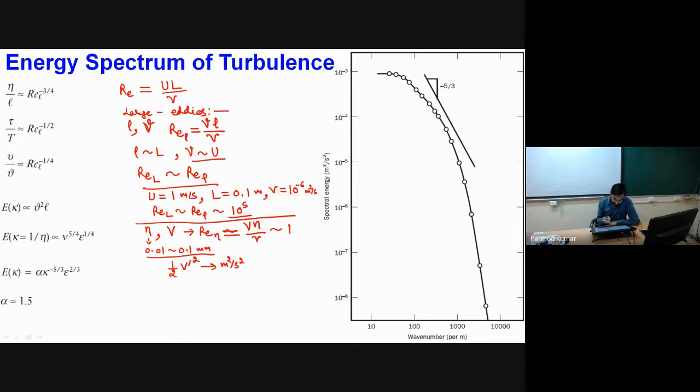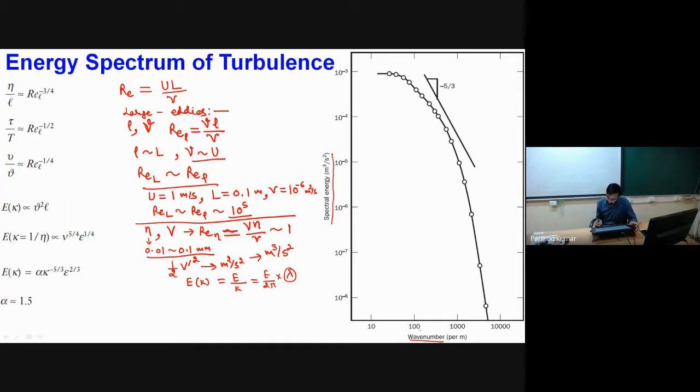But if I talk about spectral energy, E_k is nothing but energy per unit wave number, where wave number is 2 pi by lambda. So lambda will come in the numerator. Lambda has a scale equal to the length scale of the eddy. So if I consider this as the distance dimension, the dimension of the spectral energy will be meter cubed per second squared. That is the spectral energy, meter cubed per second squared, which I have plotted as a function of the wave number, where wave number is 2 pi by lambda.